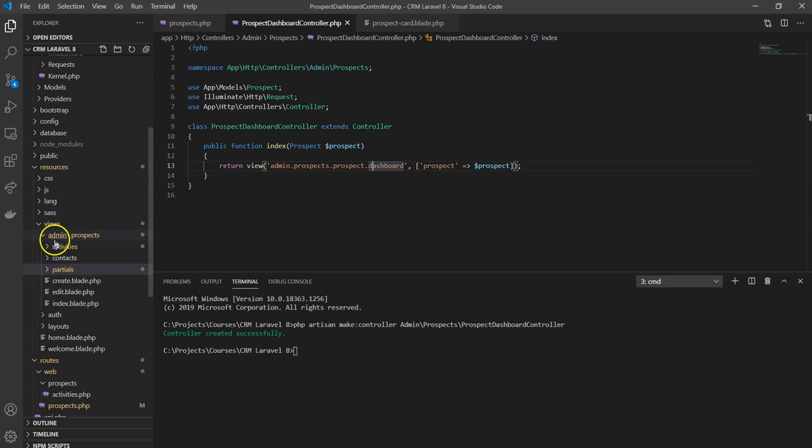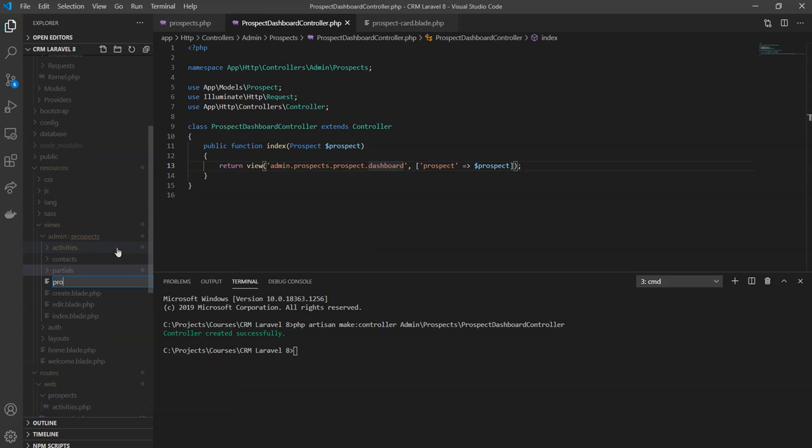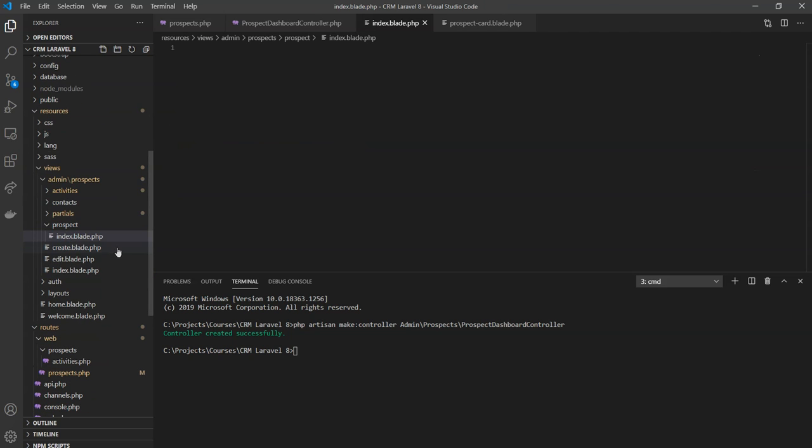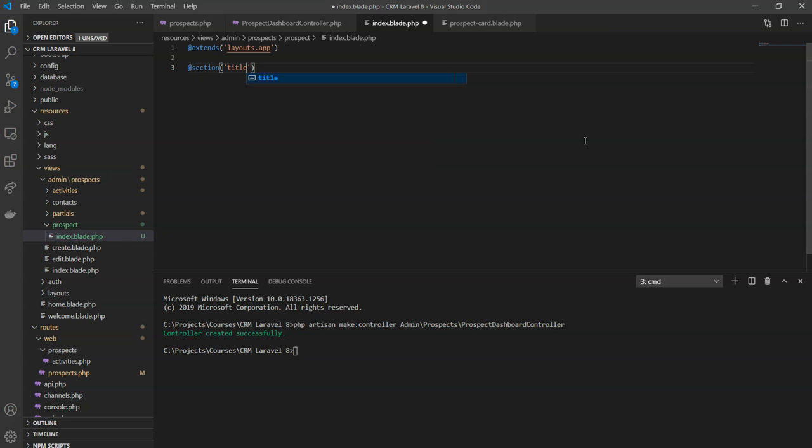So, okay, we have prospects. So let's go ahead and create this view. So admin prospects, new file, prospect/index.blade.php, extends layouts.app. At section title,